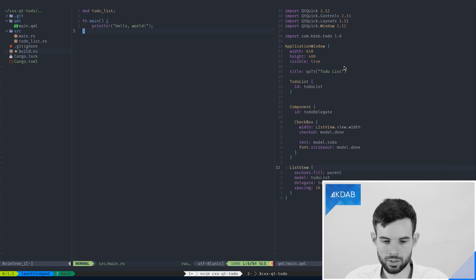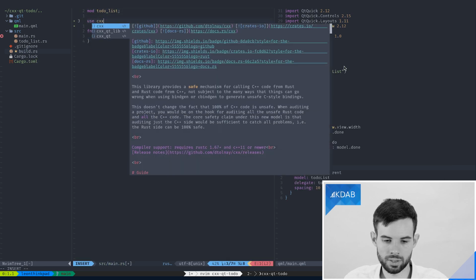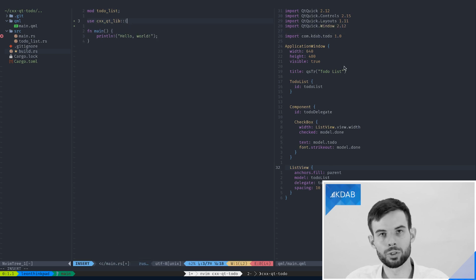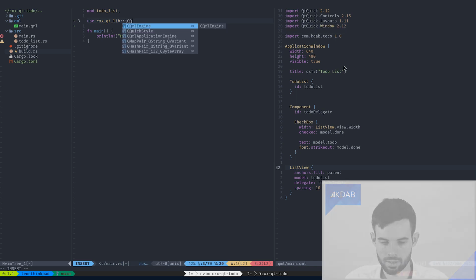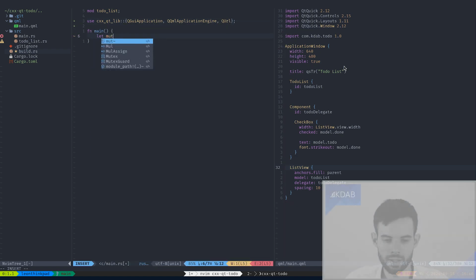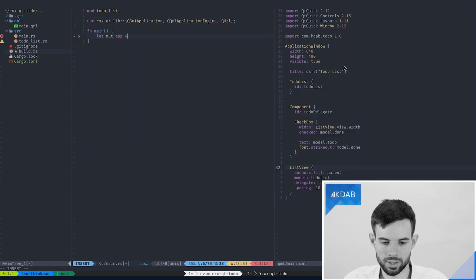We can then go back into our main Rust file. Then again, from cxecute lib, we'll want to use the QGUI application and the QQML application engine and QURL. And then instantiate everything accordingly.